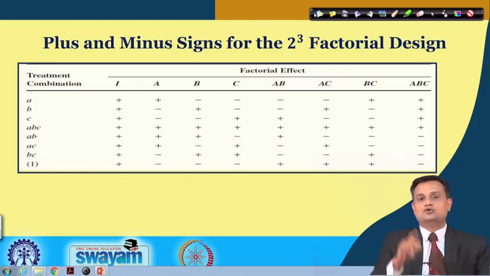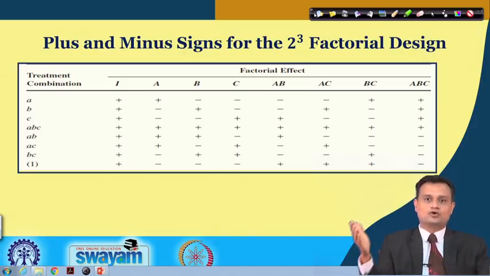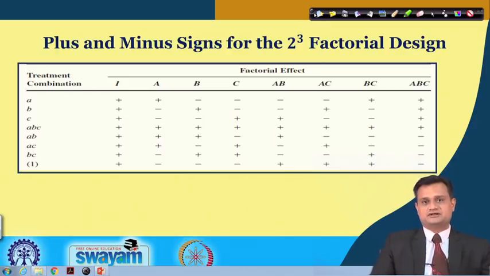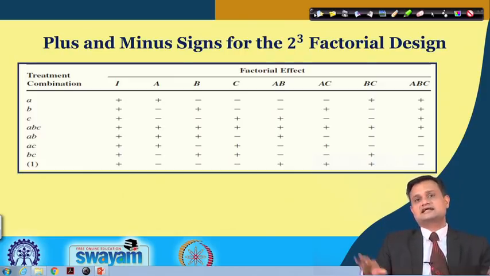Now when you try to develop a table, I am telling a very important point, it is not about plus and minus. When you have 3 factors A, B and C, and you are setting it at high level or low level and then changing it in the next experimental run, please understand that it is not only about changing the levels of the factors, there is a cost associated. For example, a factor which is very difficult to set or change, if you are changing it frequently, it will have a great impact on your response, or the setup time would be very large,